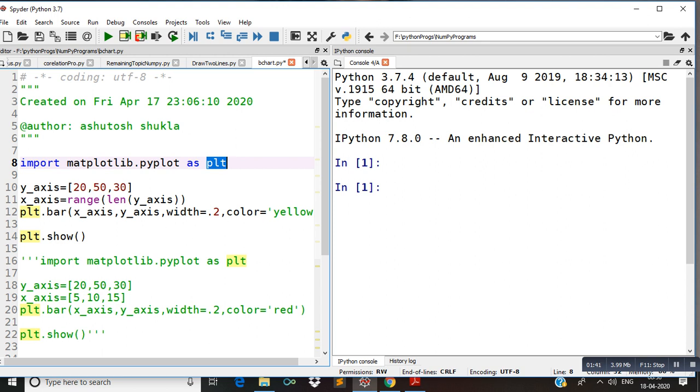In the next line I have written y-axis is equal to 20, 50, 30. In any chart there should be some values for the x-axis and y-axis.